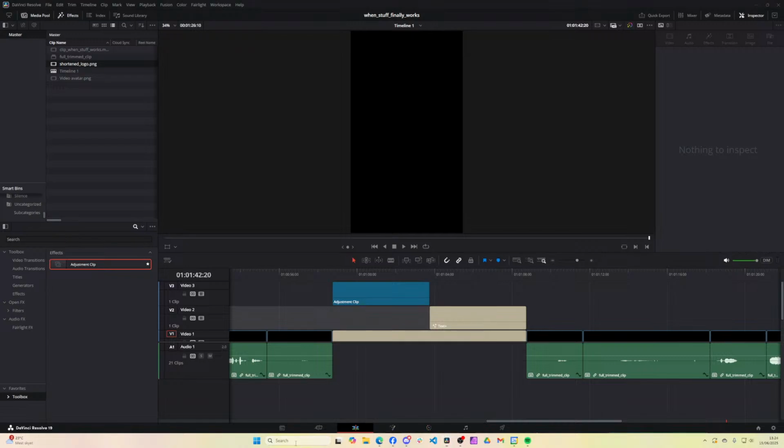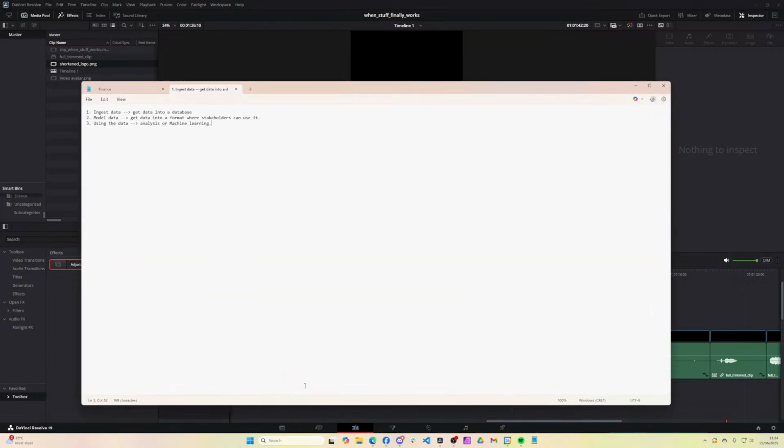Not exactly. I don't analyze the data, so to say. That's what happens in step 3, where people use it. How do I explain it? Let's say, for instance, like,